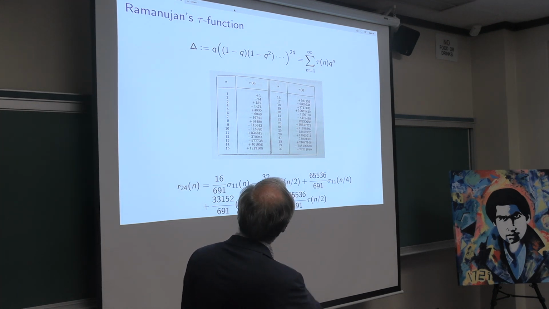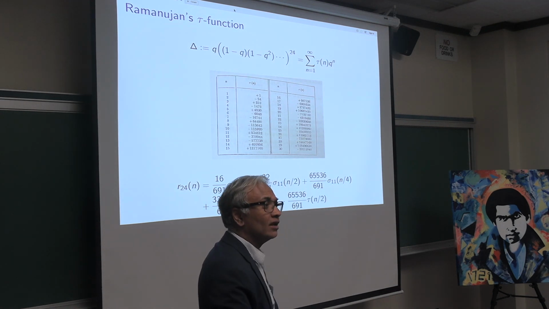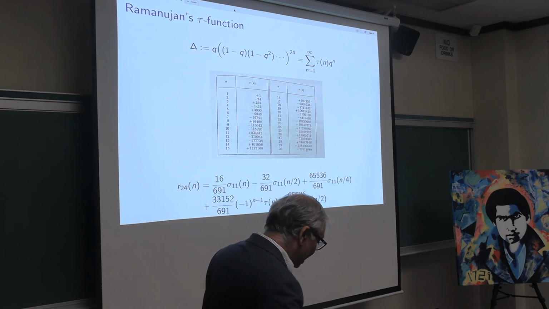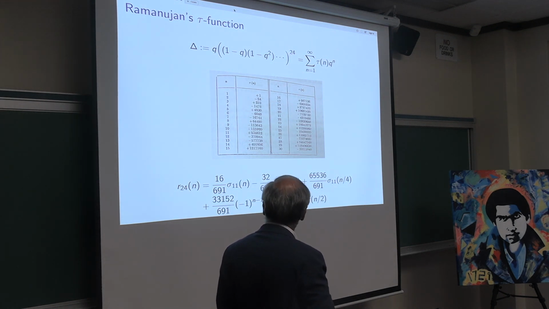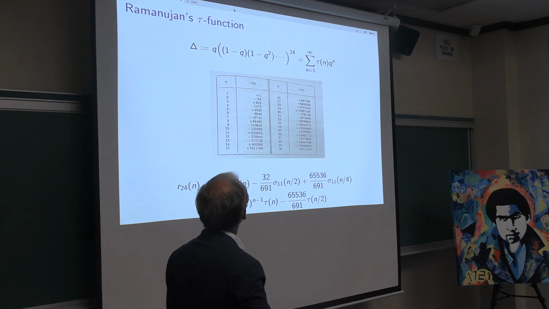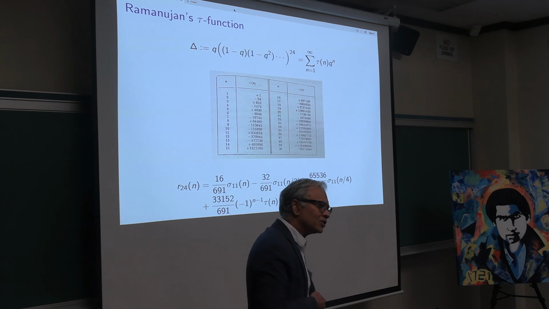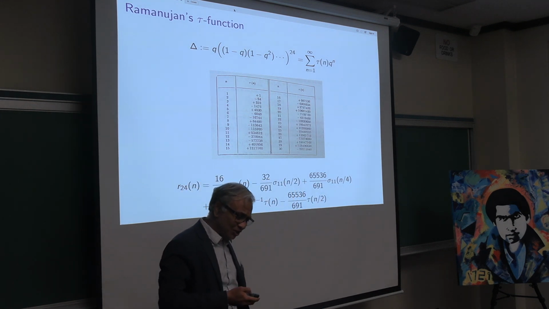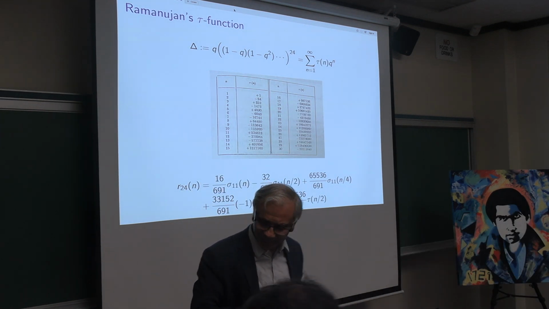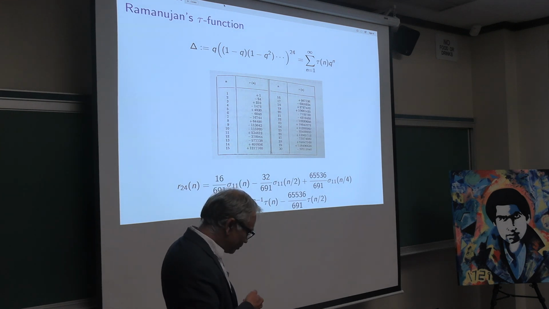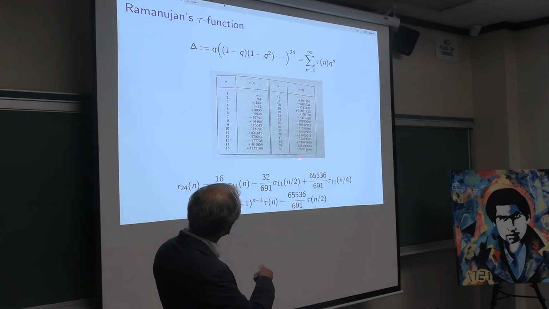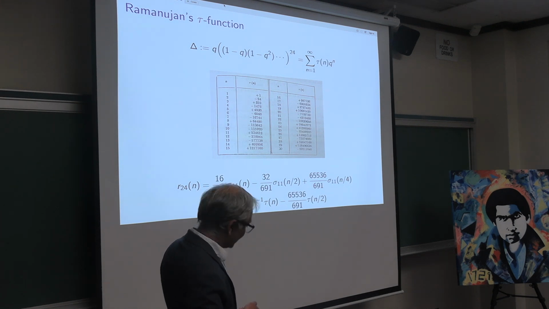And this function tau n is obtained by multiplying this product together, expanding it out into its series, and you get a function. And he computed a whole bunch of values of this function. This is in a paper of his, also in the Transactions of the Cambridge Philosophical Society, but I don't know much about this journal, whether it just became the Mathematical Proceedings later on. So he computes this all the way up to 20, and these are big numbers.